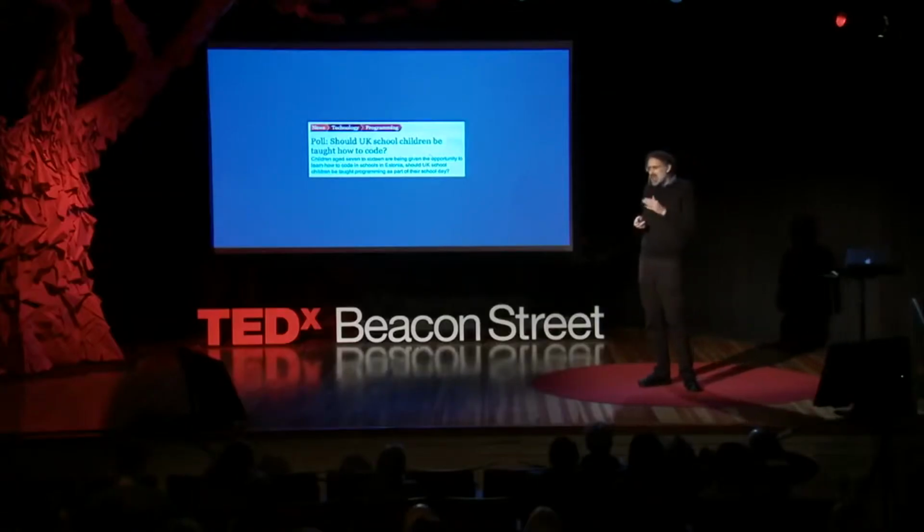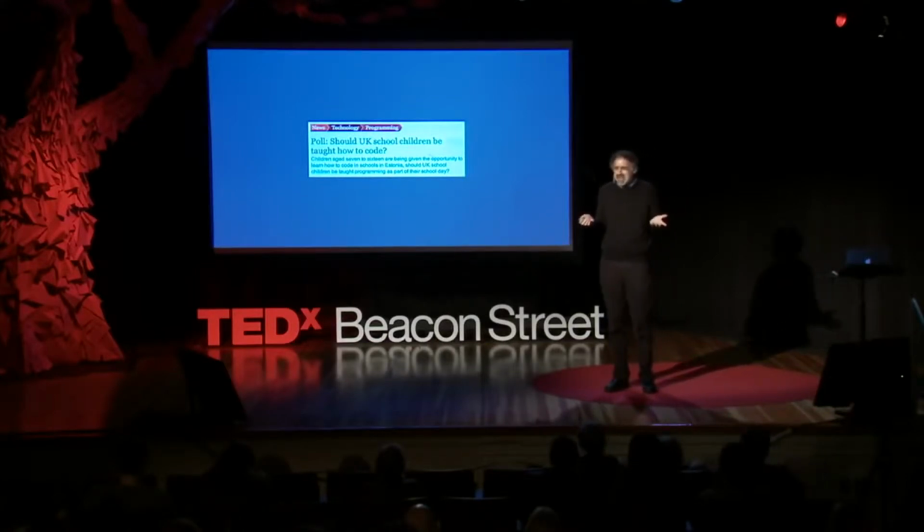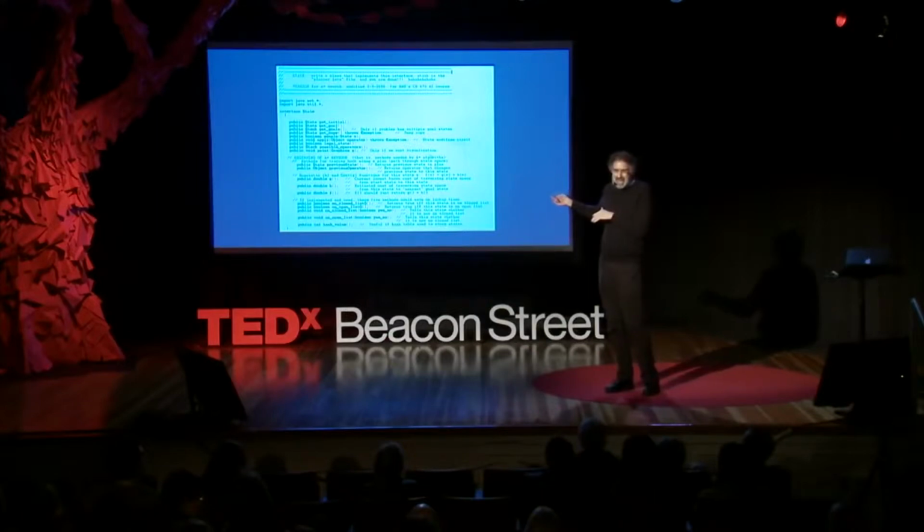Now, for some of you, when you hear about this, it might seem sort of strange, everybody learning to code. When many people think of coding, they think of it as something that only a very narrow sub-community of people are going to be doing. And they think of coding looking like this. And in fact, if this is what coding is like, it will only be a narrow sub-community of people with special mathematical skills and technological background that can code. But coding doesn't have to be like this.